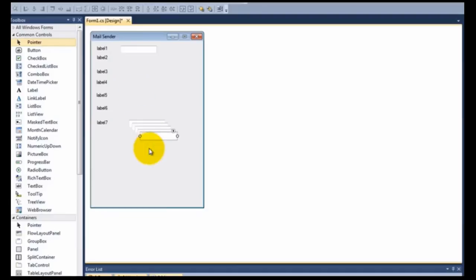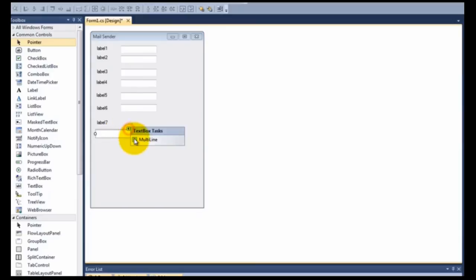Then put a text box, 7 text boxes. The last text box is placed at the bottom part of label 7, below label 7, and stretch it. Make it bigger.